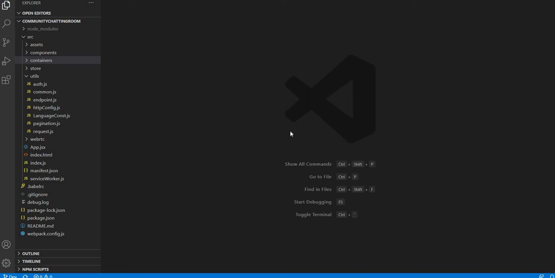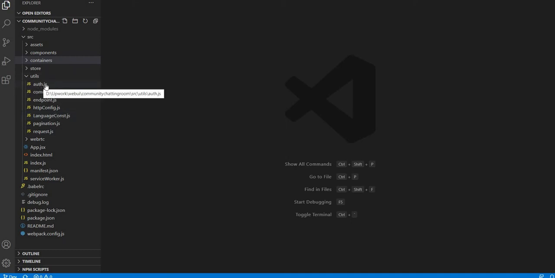Hello guys. Today we're going to discuss the util folder. In this util folder, you can see a couple of configuration files, and the services are included here. Then how we are calling this util service, I will explain, and it will cover the API call also. So let me start from the first one.